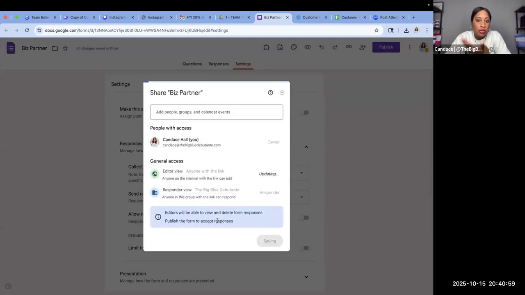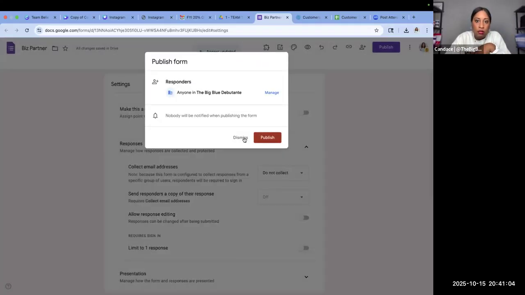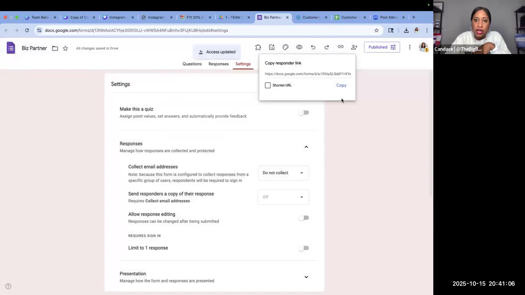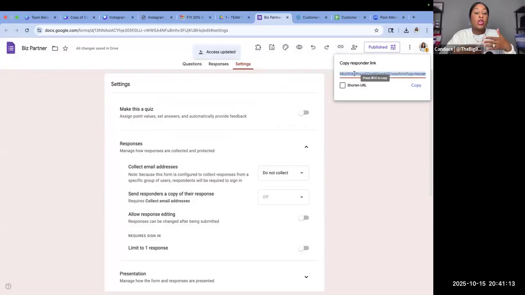Obviously you want anybody to be able to access it. So you will change it, and you'll hit done, whatever. I'll delete this later. And then do your shortened link and you can copy this. And so this link up here is what you will send to people, what you will put in your link